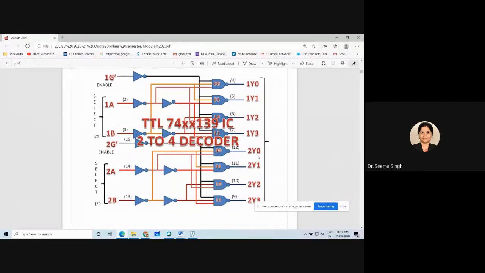Okay, that is one thing. The second thing I want you people to do is understand the 3:8 decoder. Now in a 3:8 decoder, you will have 3 inputs A, B, C, and 8 outputs, that will be Y0, Y1, Y2, Y3, Y4, Y5, Y6, Y7. So I want you to make the truth table of this dual 2:4 decoder, and I also want you to make the block diagram, truth table and equation of the 3:8 decoder. So these two things are what you are supposed to do now.